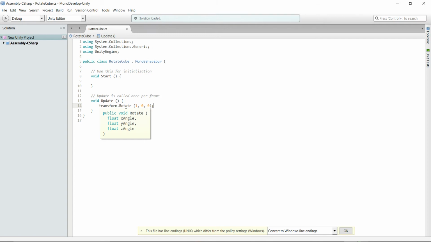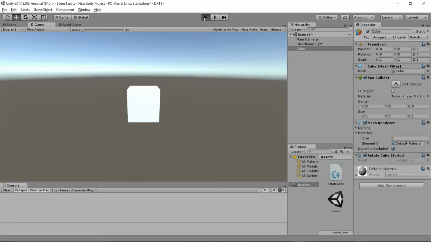Let's save the script, return to Unity, hit play, and as you can see, our cube starts rotating around its x-axis. So that's it for this